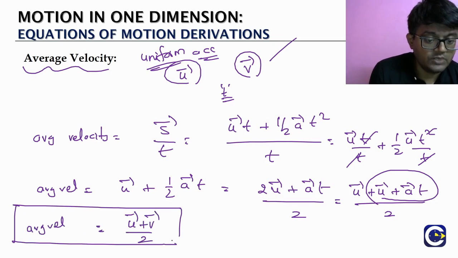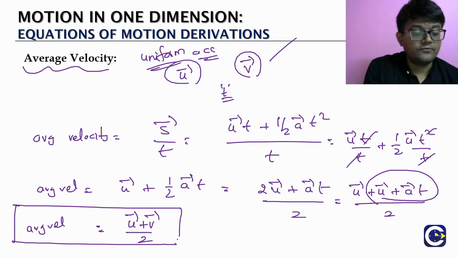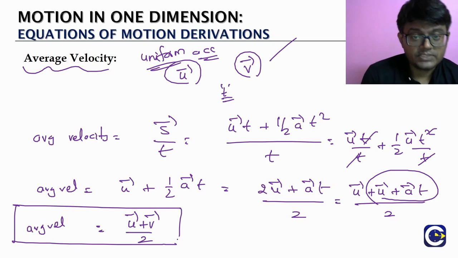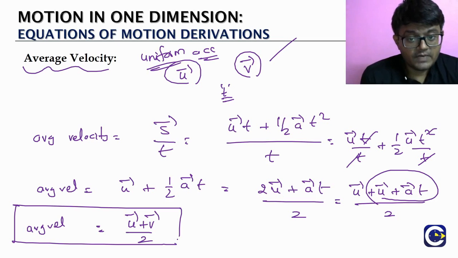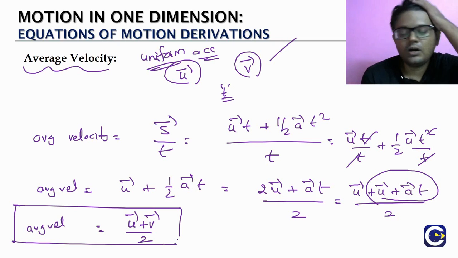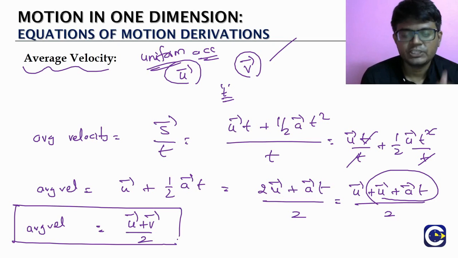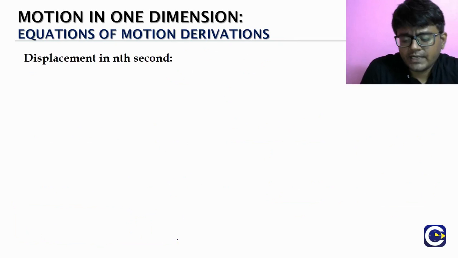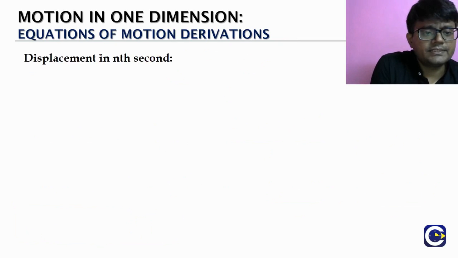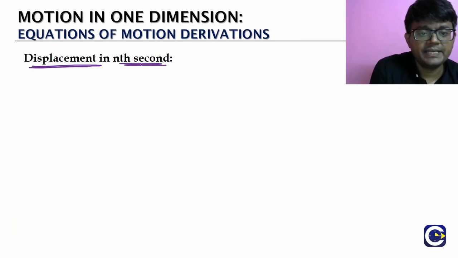So during this uniform acceleration motion, if between two time values we want to find the average velocity, that will be simply the initial velocity u plus the final velocity v, divided by 2. We have to keep one thing in mind, that all these equations of motion are in the case of uniform acceleration. Now we have one more important formula here, that is what we call the displacement in the nth